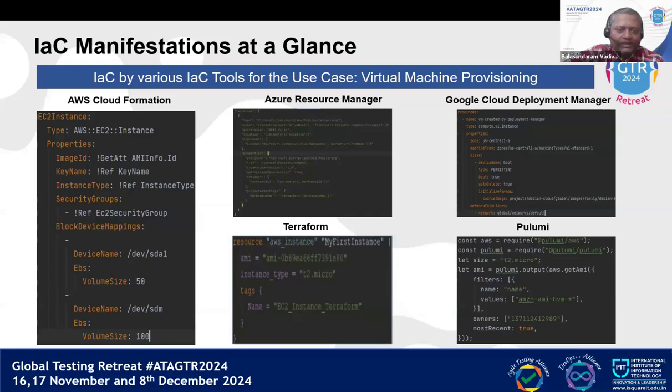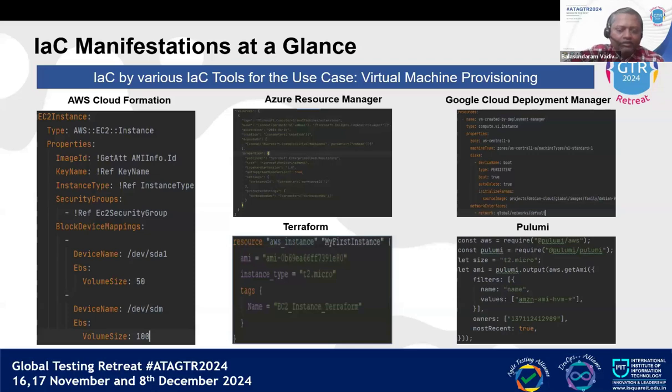Okay. So for example, here on the left-hand side under AWS CloudFormation, we have type. The type means the instance of the virtual machine. So we will update the properties and characteristics of our resources like virtual machine, server, and so on. We will update that in our IAC template. Once this IAC template is deployed on the cloud, the infrastructure is automatically created.